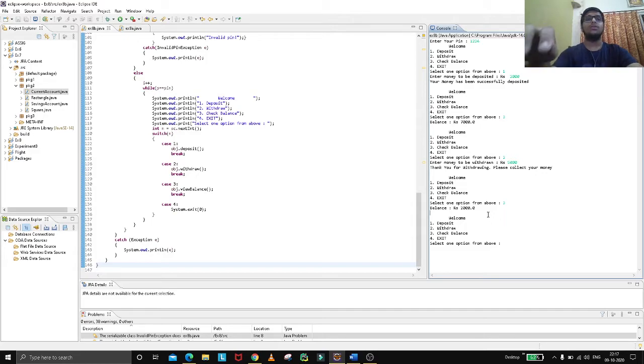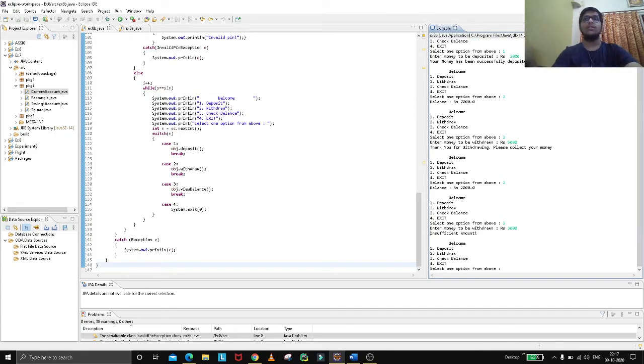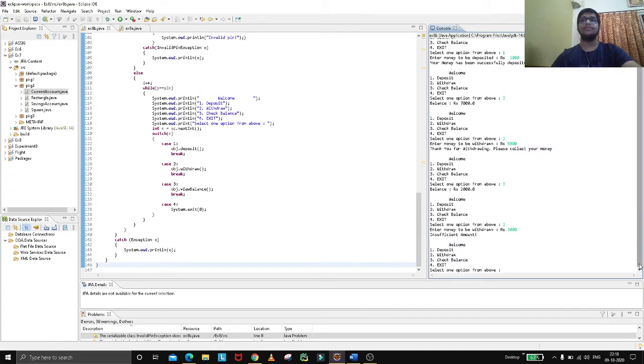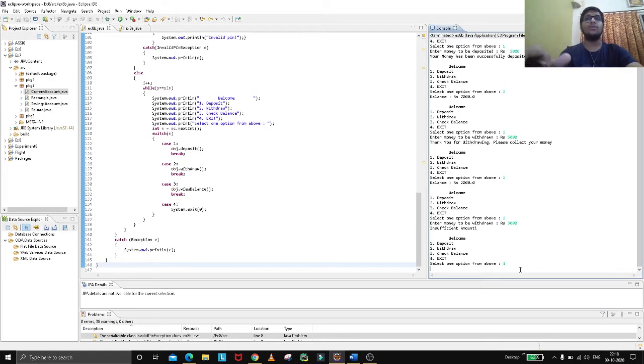Now if I want to withdraw 3000 rupees, if I press 3000, it will say insufficient amount, because in the withdraw function we have written that if balance is less than the withdrawal, it will throw an insufficient amount exception. And lastly, if we press 4, it will exit the code. Now we cannot type anything because we have exited, and now we can take the card from the ATM. So the code is right. Thank you.